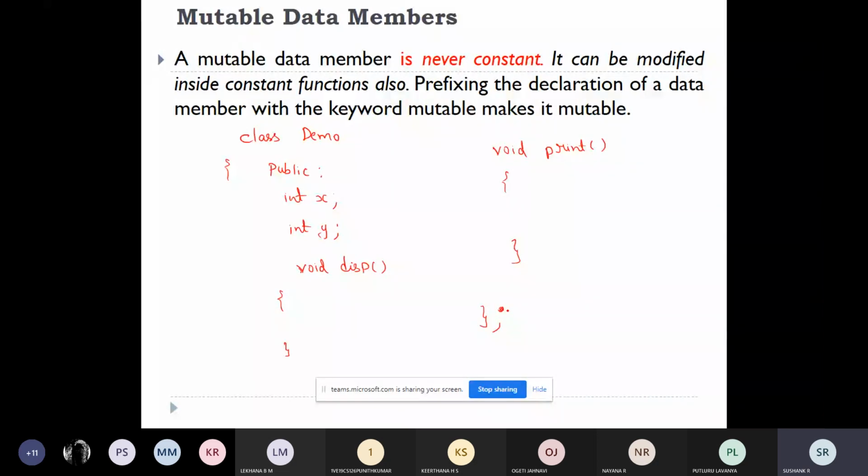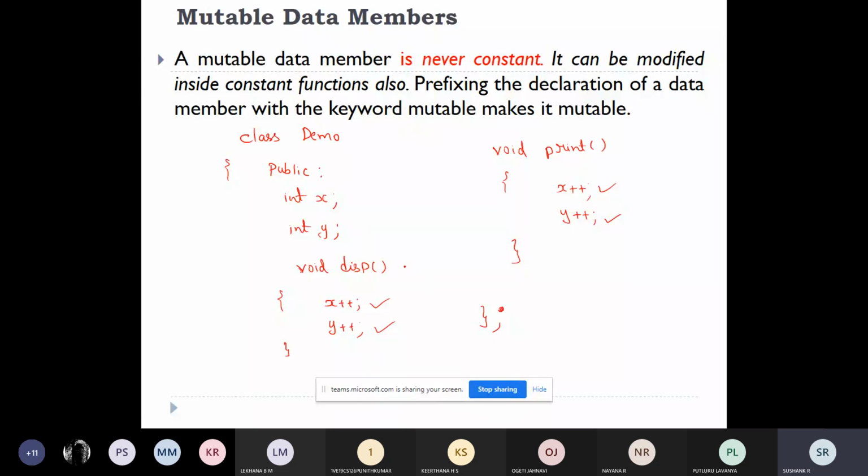Now normal functions. If I write x plus plus, y plus plus here, and here also x plus plus, y plus plus, I won't get any error. This will run fine, because display is also a normal function, print is also a normal function.